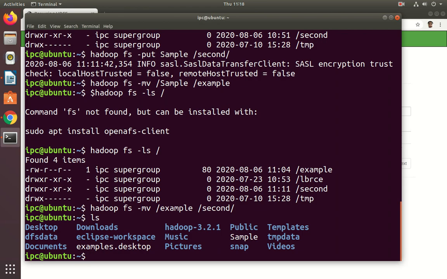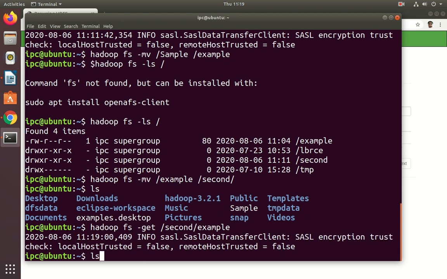Now Hadoop fs -get, from where? From second, example, to here, the directory in our local file system.